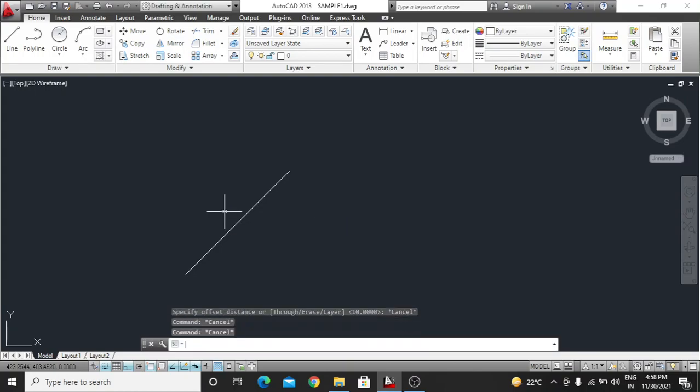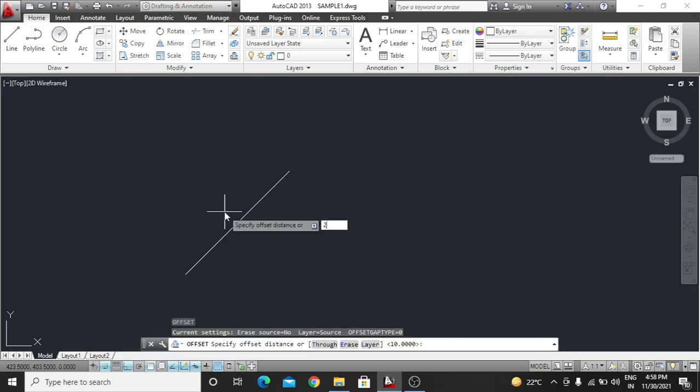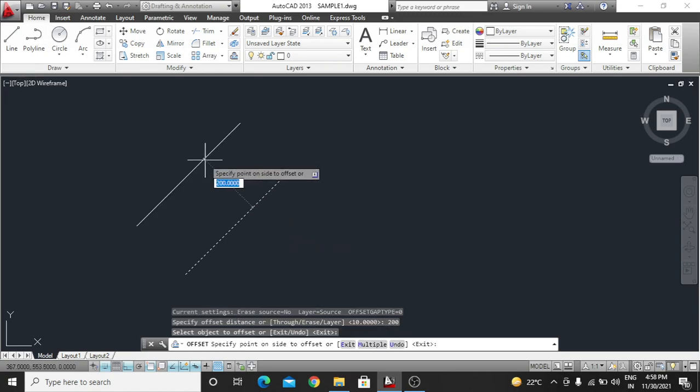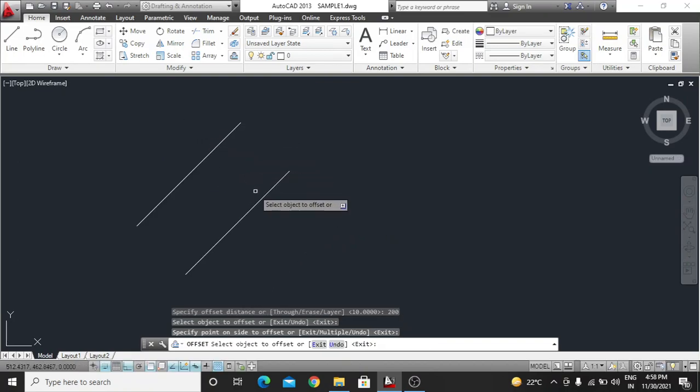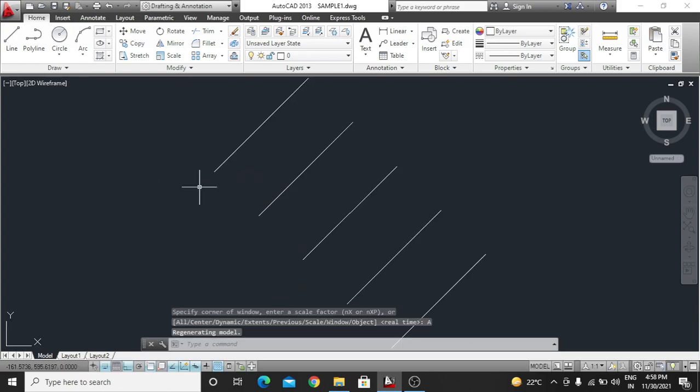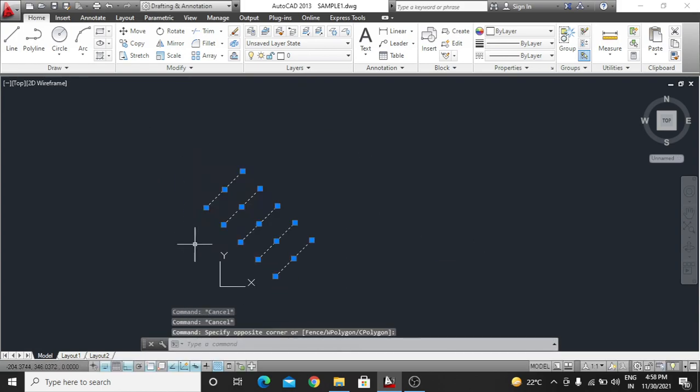Example: enter O, enter, make a distance 200, enter, select the object, and now it is asking where you want to throw it, in the left or in the right. So this is your choice. Whether you make it in the left or the right, it will be done automatically. Okay, so this was the offset command, guys.